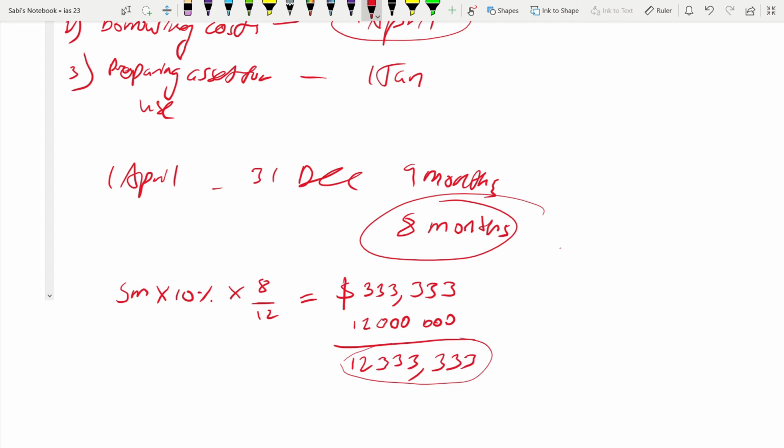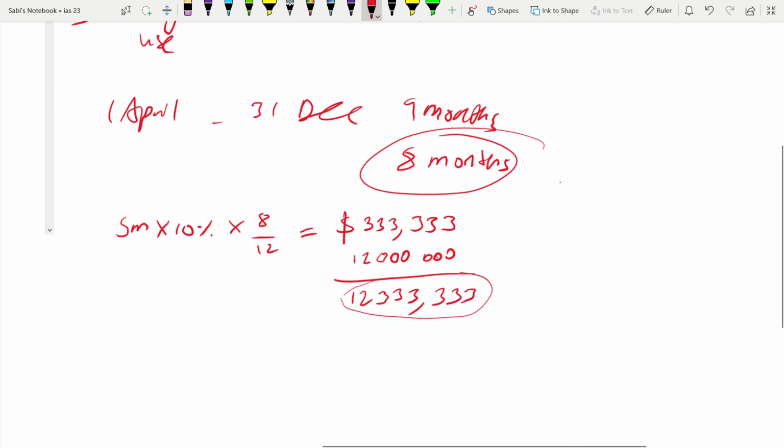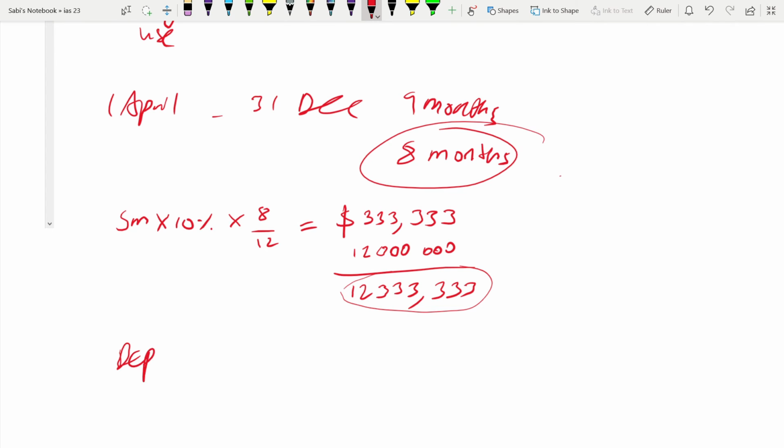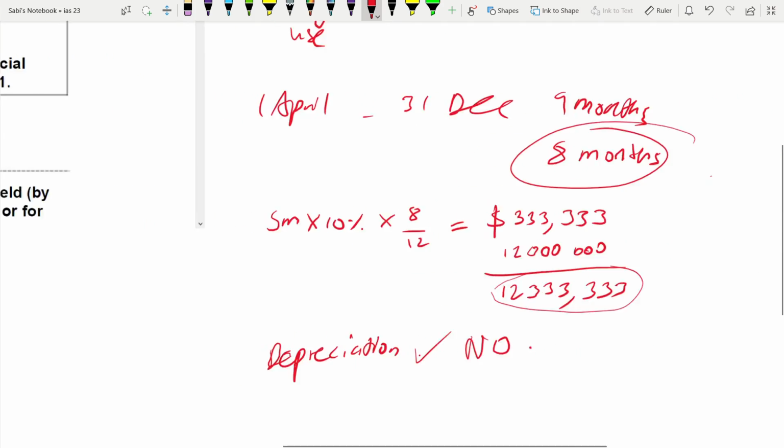2001. And one more thing that you have missed. What is it? What about depreciation? This is a building. Tell me depreciation. Should we depreciate or not? I am sure majority of you will go for depreciation. Yes, you have to depreciate. But if you are thinking like that, then let me disappoint you by saying no, you don't depreciate in this case. Why? Because you didn't read the case study properly.